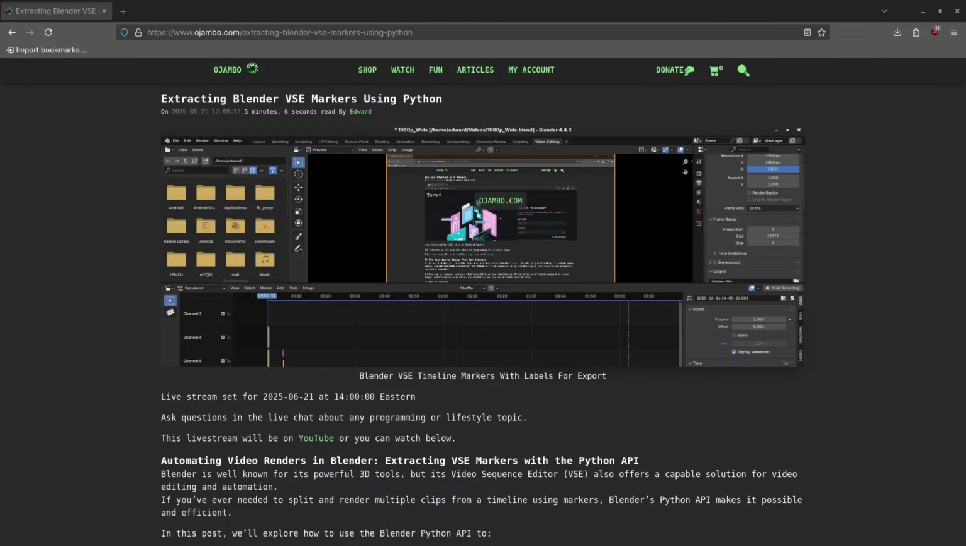I'll show you how to extract the Blender VSE markers and actually create your own short clips or longer clips